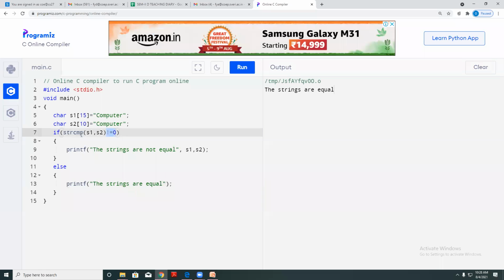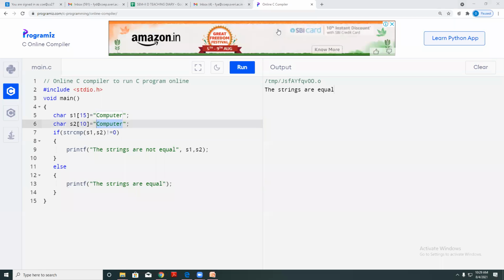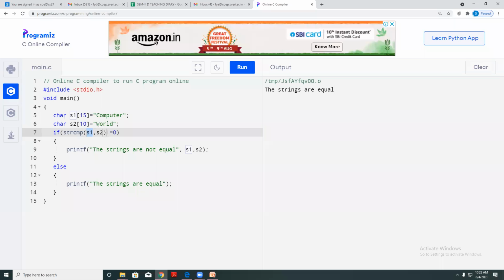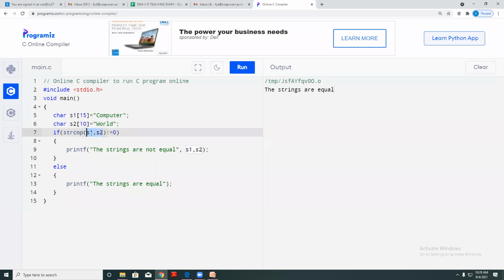Okay, see, have you understood this condition? In the comparison operation, it takes the value of s1, that is computer, and in the previous case, here it was world. Okay, now check, here it compares string 1 with string 2. If this condition is true, जर हे matching असतील म्हणजे same values असतील, so it will have the output as 1. याचा output काय येईल? 1 येईल, and 1 is not equal to 0.